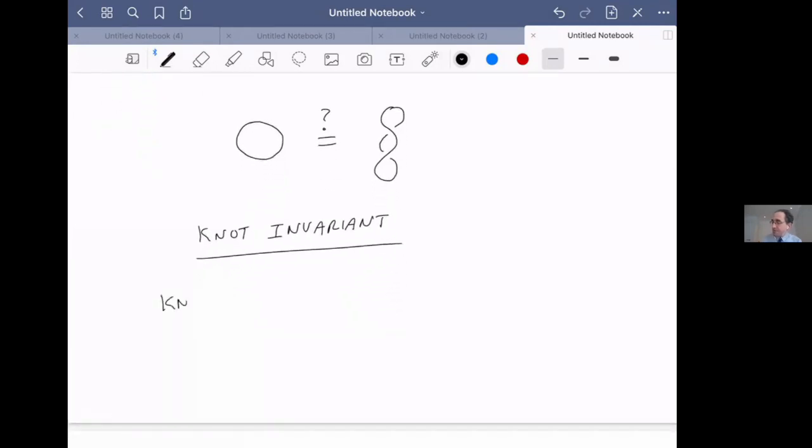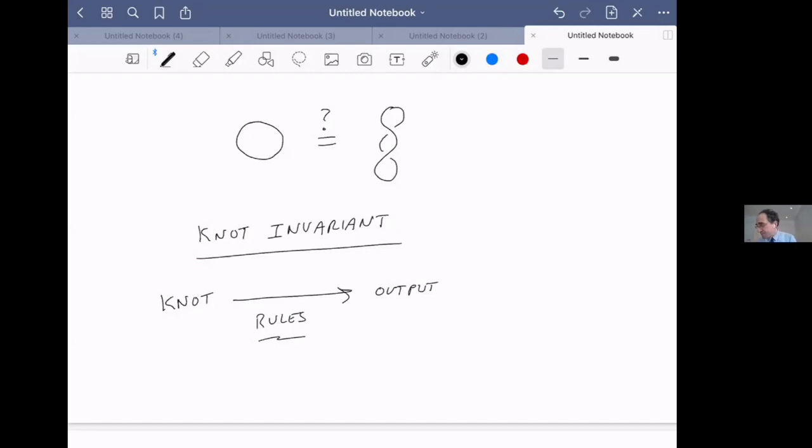A knot invariant is a mapping from a knot or a picture of a knot as an input via some set of rules to some output. Okay, and the output can be a number, or it can be a polynomial, or it can be a color or something like that. It's not so important what the output is. The important thing is that the rules are cooked up in such a way that topologically equivalent knots have to give the same output. Let me repeat that. Topologically equivalent knots have to give the same output once they go in the set of rules.